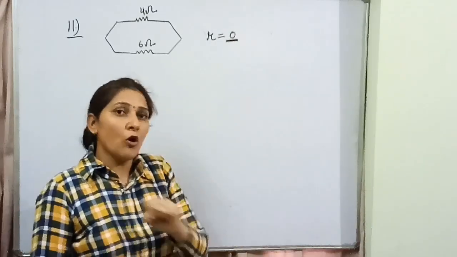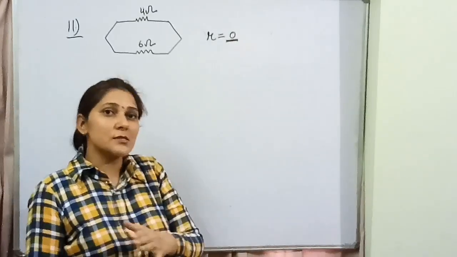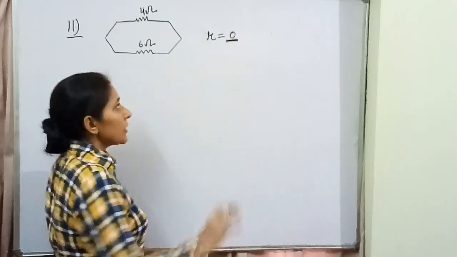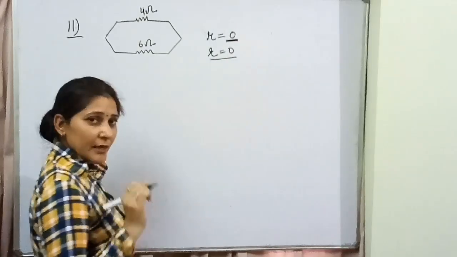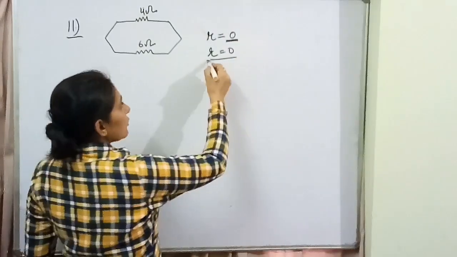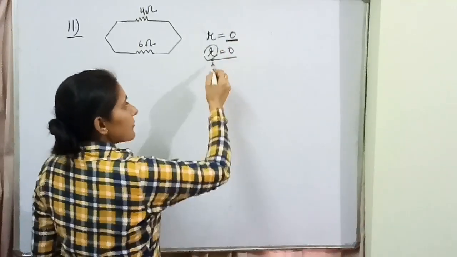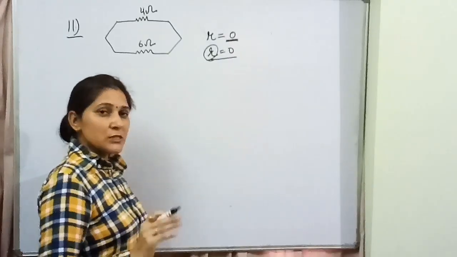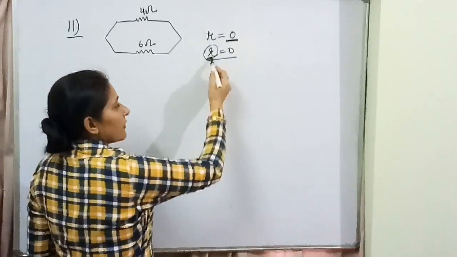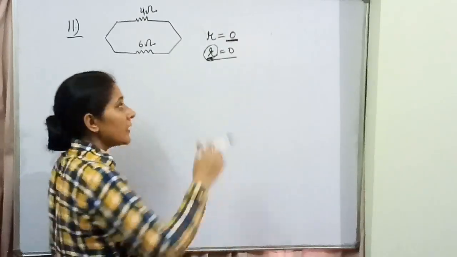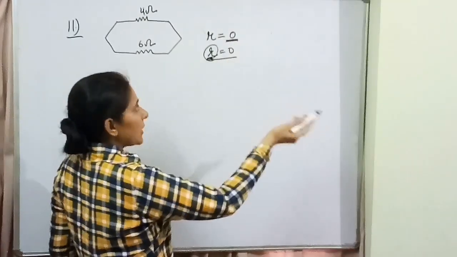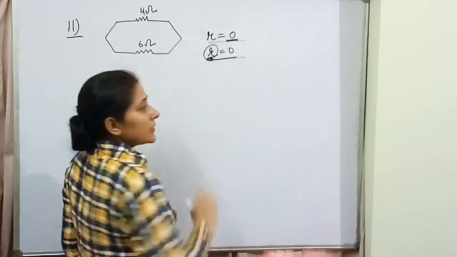And if the value of internal resistance is not given to you, then also we need to consider that r is 0. We need to take this value of r into consideration only when it is given in our statement. Otherwise, you need not worry about this r. Whenever the value of r is given to you, only then will you consider it. Otherwise, we will consider it 0.